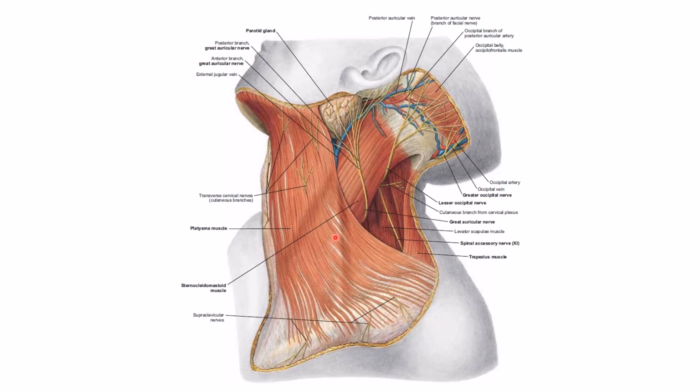This is the platysma muscle. And behind the platysma, we will find the investing layer of deep cervical fascia, which covers the trapezius muscle and the sternocleidomastoid muscle, and it surrounds the neck like a collar, but we removed it here so we can deal with muscles only, because we have talked much about the fascia. This is the platysma, and this is the sternocleidomastoid muscle.